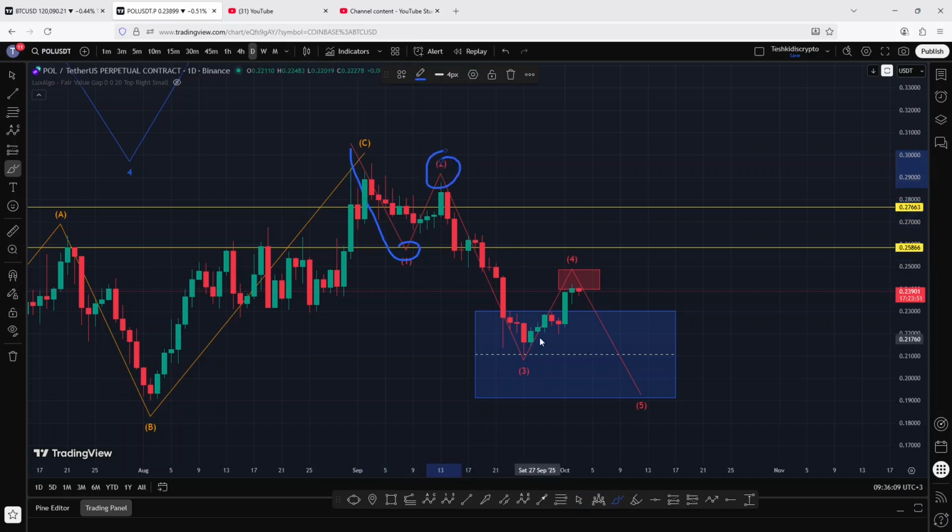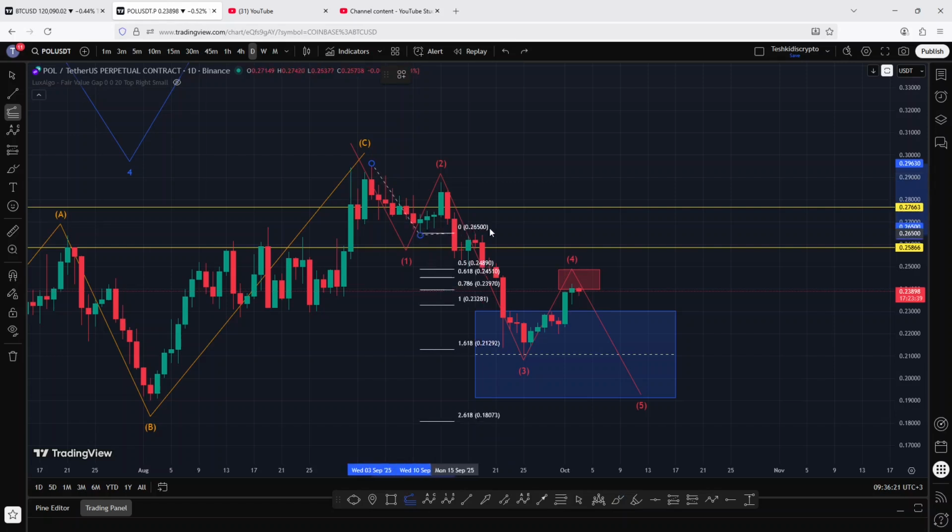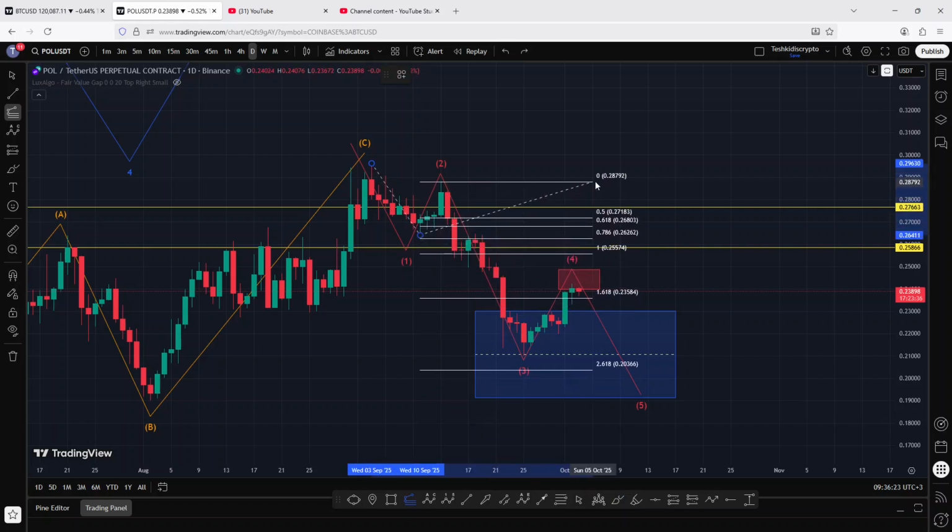little bit lower in the formation of this wave 3, and the minimum target areas for the third wave were given by connecting the fib extension from the high of the first wave to the low of that wave 1, then connecting the Fibonacci's to the highs we made in the formation of that second wave. And you can see that the fib level 1.618 that lies above the 0.23584 was fully maximized, and we continued to push a little bit lower, making our low below the